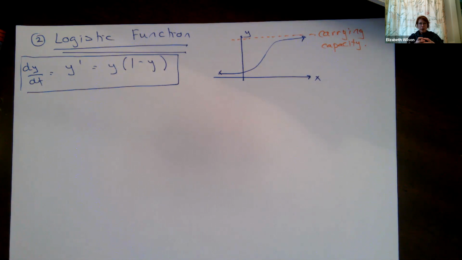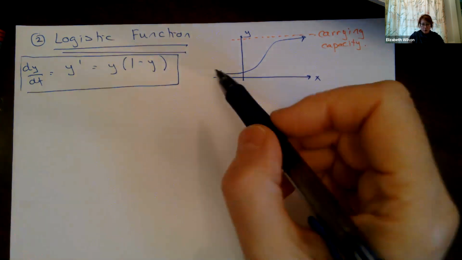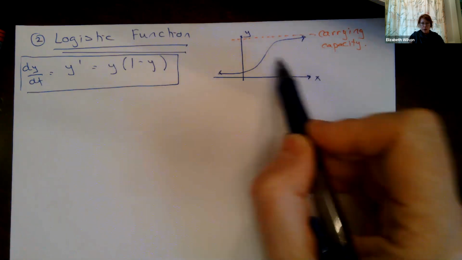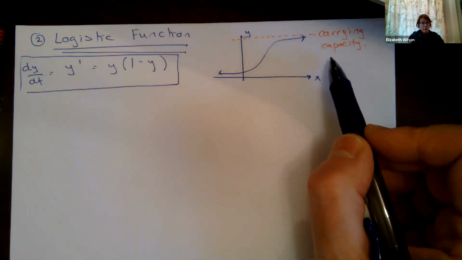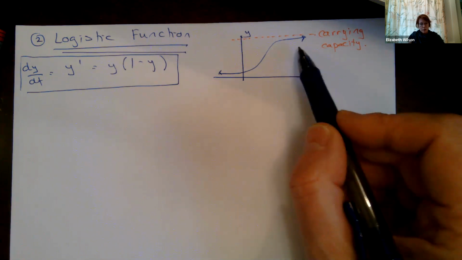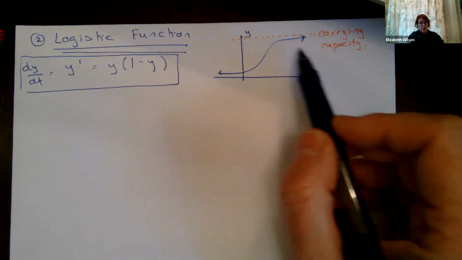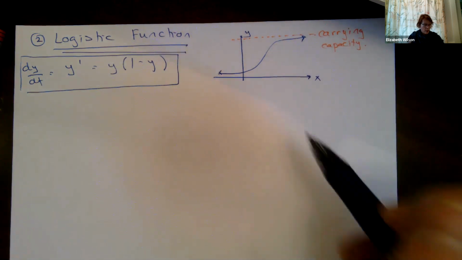So what's our carrying capacity of bacteria in a petri dish? How much can we have growth until it runs out of food, right? Often what happens is you'll have cycles, where you'll reach this and then the population will start to die off because it's run out of food. You don't want to live at your carrying capacity. You certainly can't go above it, because then things start to die off, right?